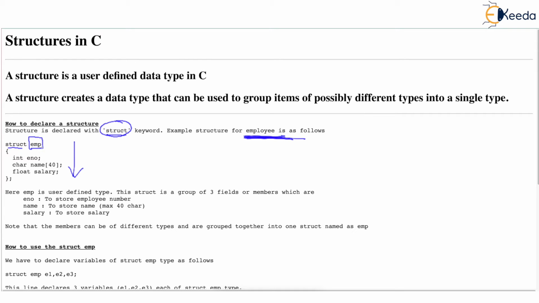And now necessarily, after writing struct emp, after starting the declaration, there is always brace open and brace close. And necessarily at the end of the brace close, we give a semicolon. Semicolon is a must here at the end of the structure declaration. And what do you write here? Between these braces, you write what